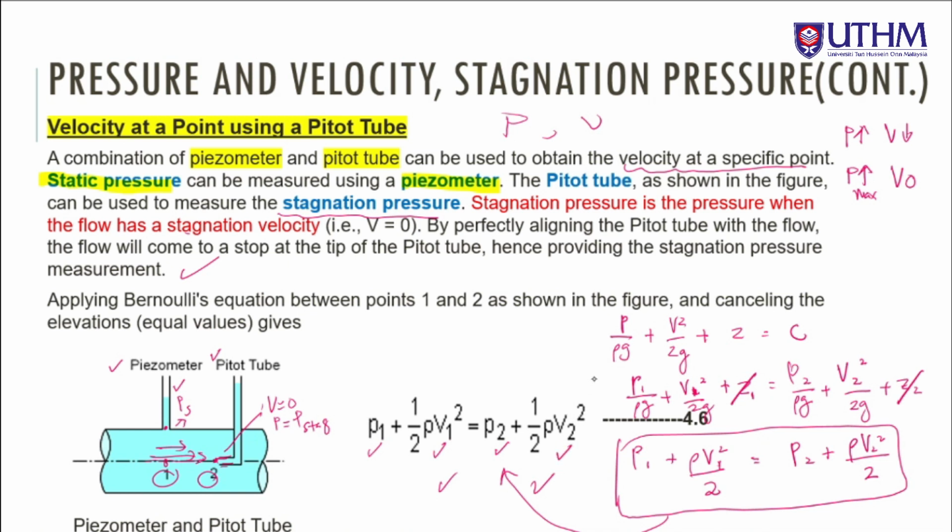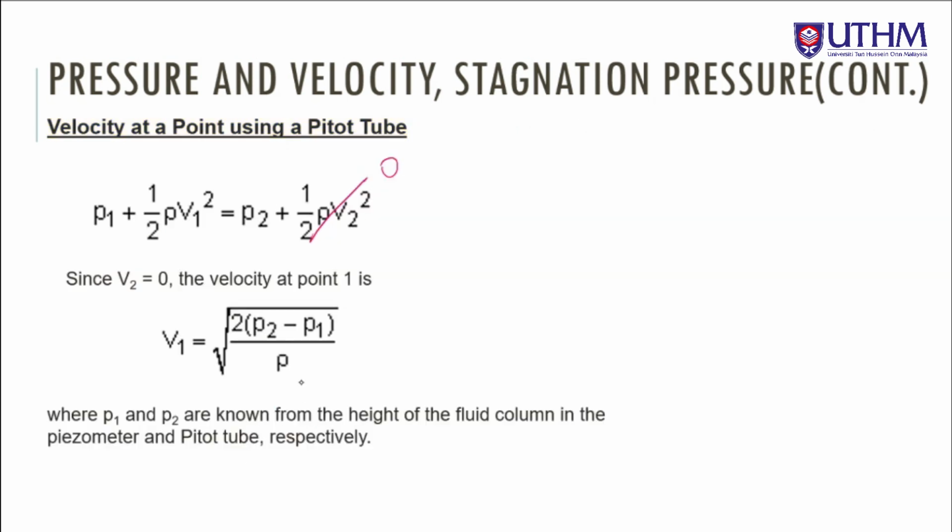So in the end, we just manipulate from the Bernoulli equation to get any important information that we want. From here we know we can get the pressure here, velocity here, pressure here, velocity here. What is P1, what is V1, what is P2, what is V2. Right? Okay, so next, we have this equation,